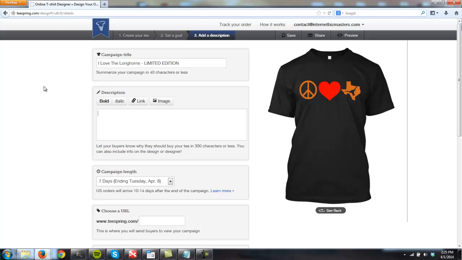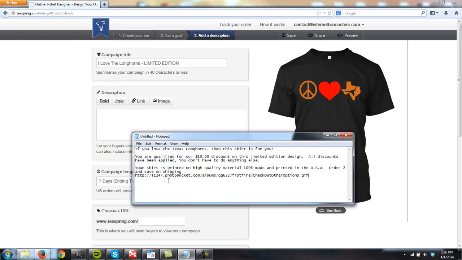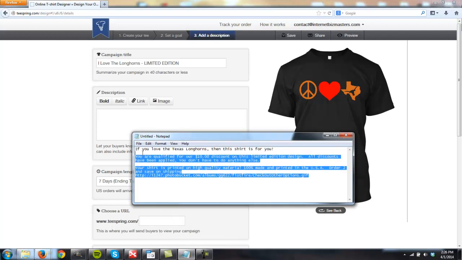So it's going to be something along the lines of, if you love the Texas Longhorns, then this shirt is for you. Then we can talk about buy one, get one free, or buy two, you get free shipping, whatever your deals are. If you're going to say $10 discount to give that little effect, then you can put that in the next paragraph here. So we wrote up something right here that we're going to use